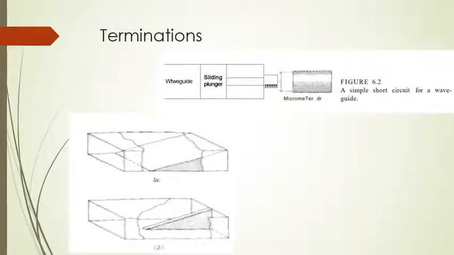The last type of component which we discuss in this microwave chapter is called terminations. There are various forms of terminations which you can use. The first form of termination is normally a matched termination. How does a matched termination look in the lab?